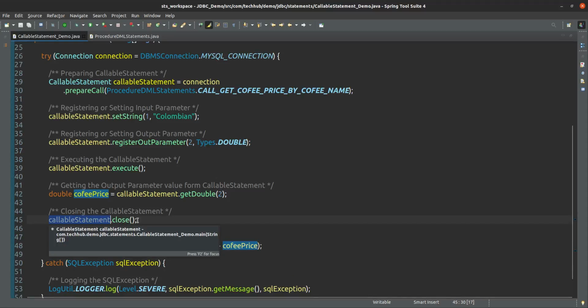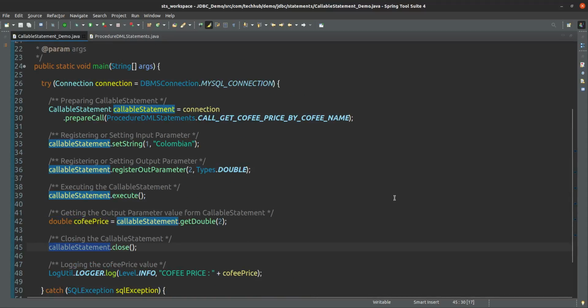printing here, and here we are closing the callable statement, because we have to, even if it is a connection or even if it is a statement, we have to close. If we are not closing, then resource leakage will be there. Suppose you are opening the connection and not closing it, every time you open a connection, the database has a limited number of connections, then it will not accommodate your next request. So whenever you open a connection or create a statement, you must close them, or else